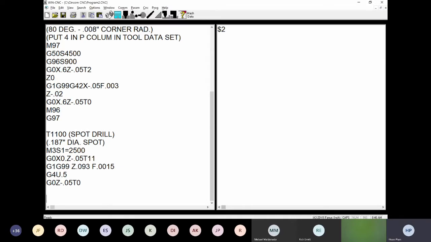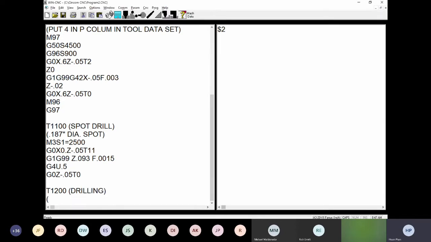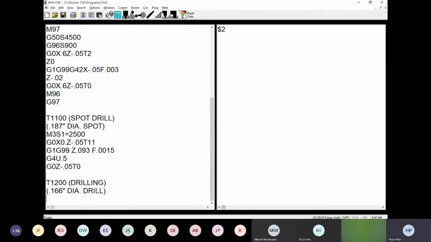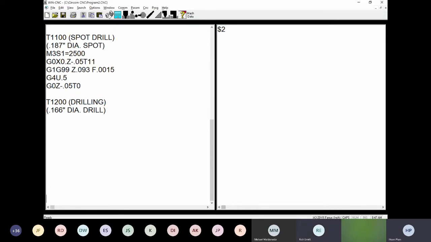We can jump to the next tool, which we agreed is going to be tool number 12. It is a drill. So the drilling cycle is going to be right here, and then give a little more information on what size of drill we're using right here. Same thing with drilling, we're not going to use tool nose compensation, so we have enough information right here. And then we need to call on